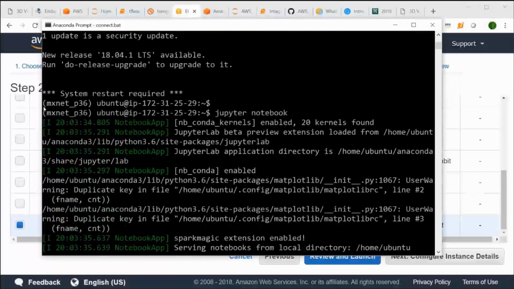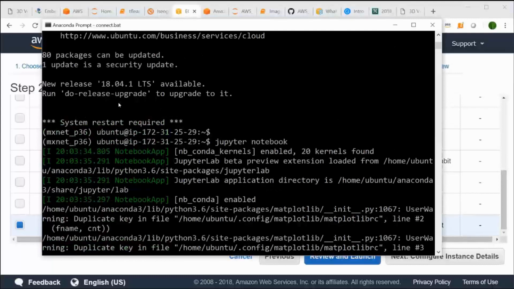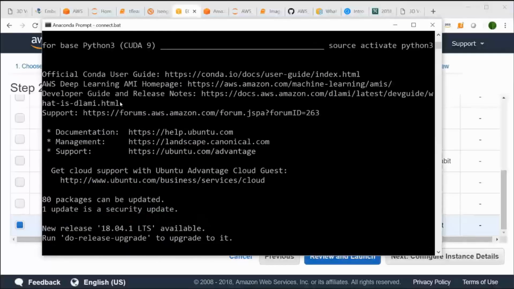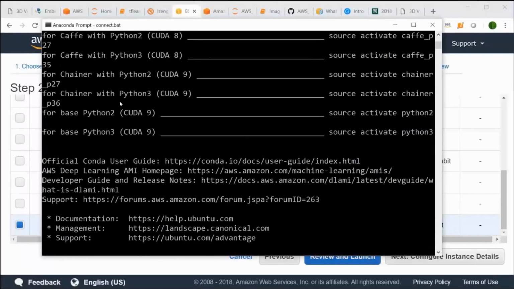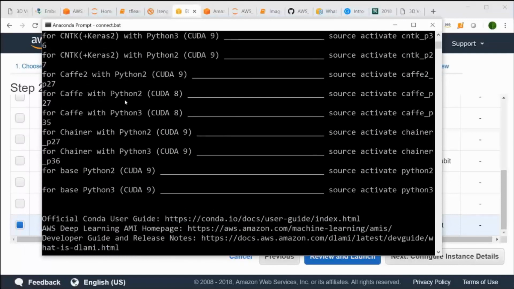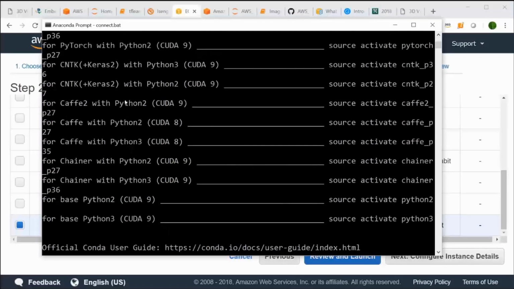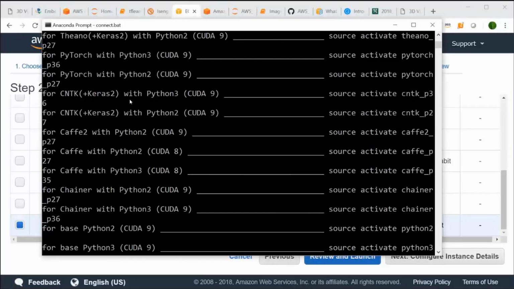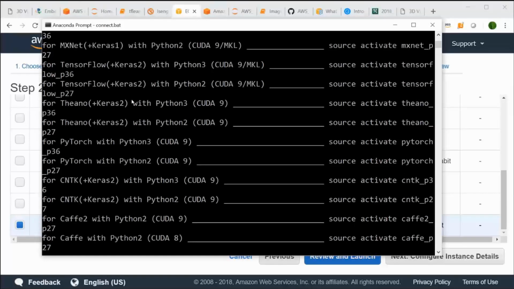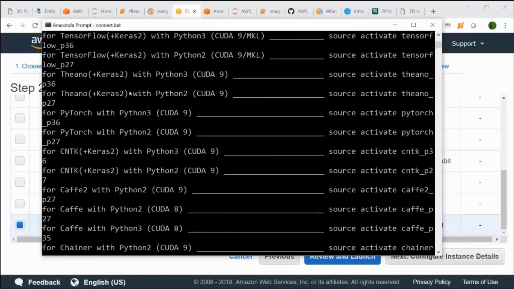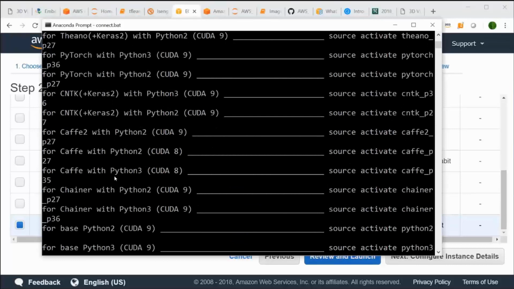As you can see, by default, you'll get MXNet P36 installed. And if you want to use other environments, all the environments are configured with Anaconda. You can use CNTK, which is a Microsoft product, PyTorch, which Facebook built, TensorFlow, as well as Theano, Caffe and Chainer.